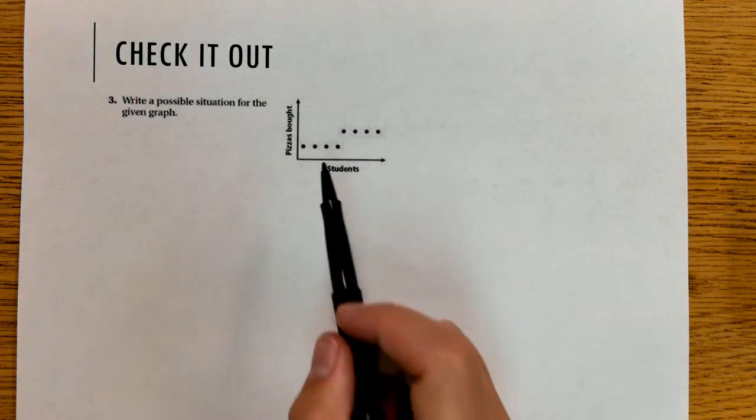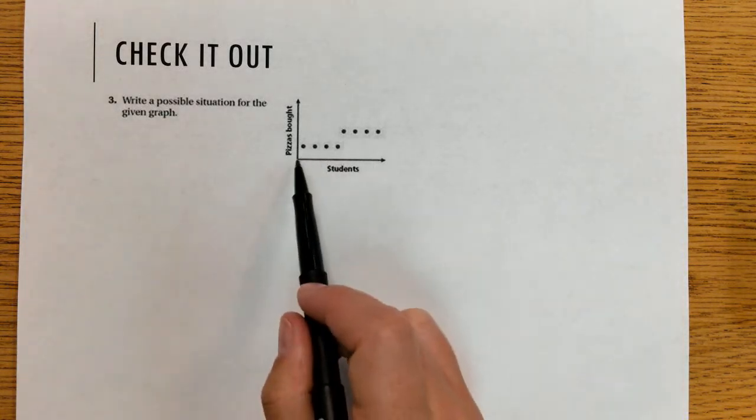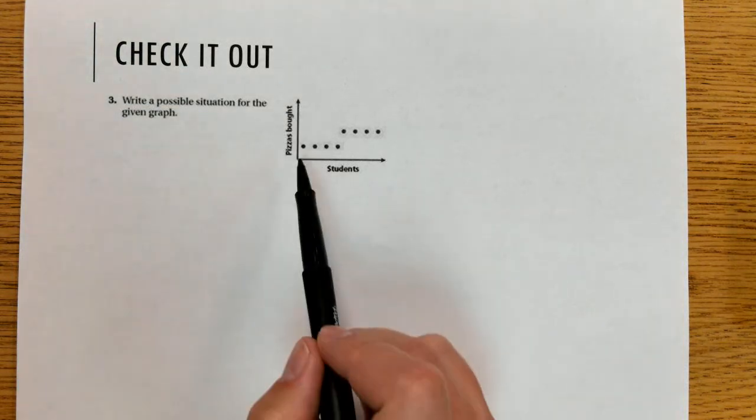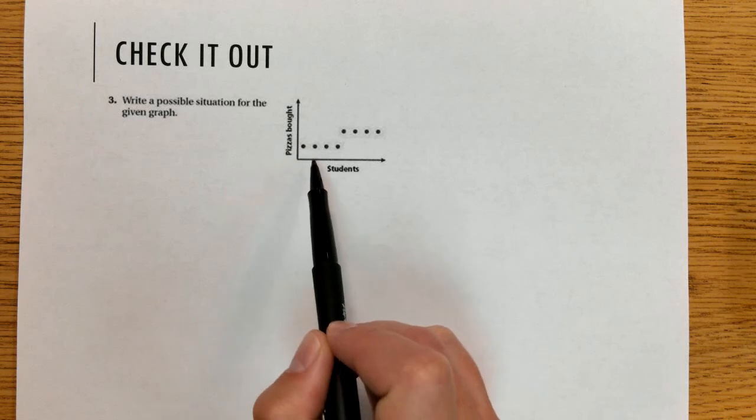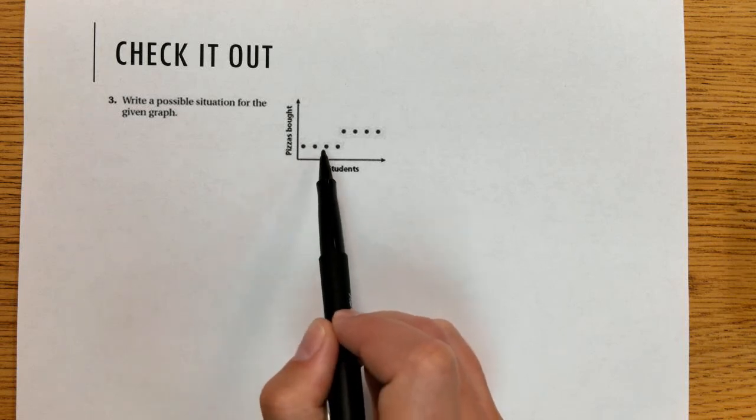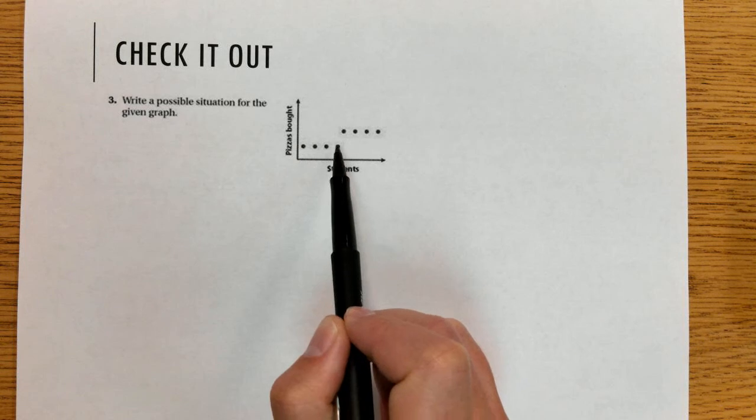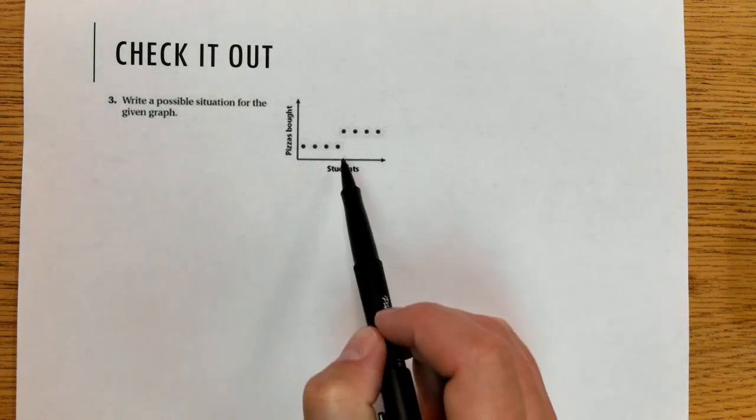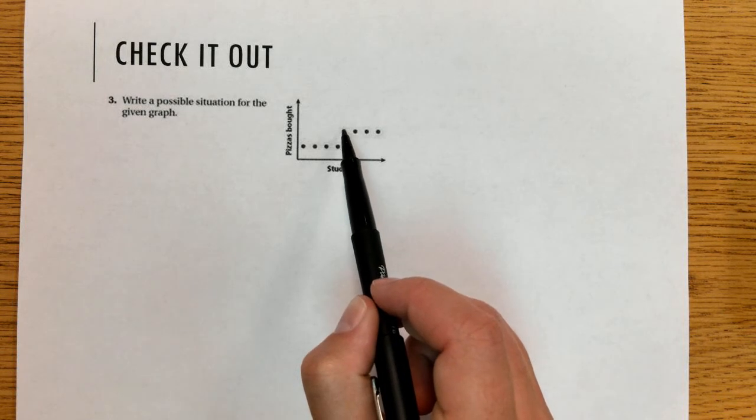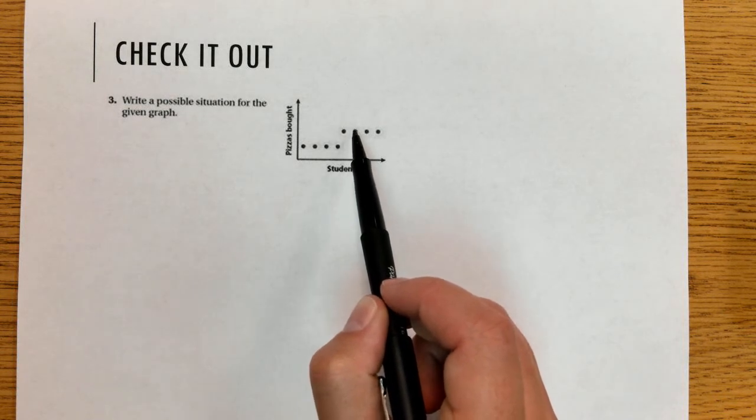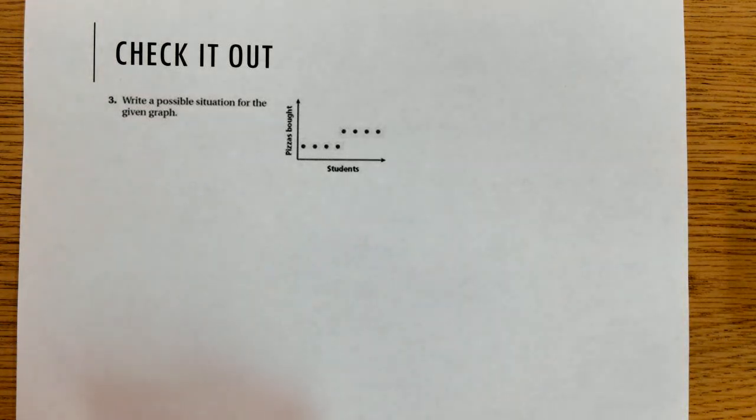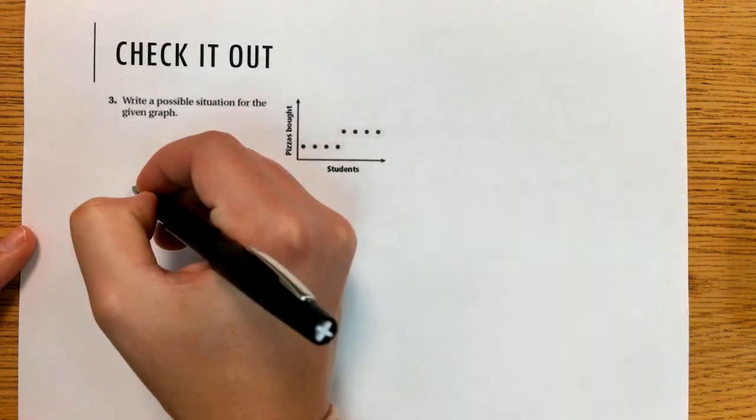So on the x-axis, we have number of students, and then pizzas bought. So here, we might have 1 student, 1 pizza, 2 students, 1 pizza, 3 students, 1 pizza, 4 students, 1 pizza. I don't know that this is 1 pizza, but I'm just assuming. And then we increase to 2 pizzas maybe for 5 students, 2 pizzas for 6, 2 pizzas for 7, 2 pizzas for 8 students. So here, a possible situation could be